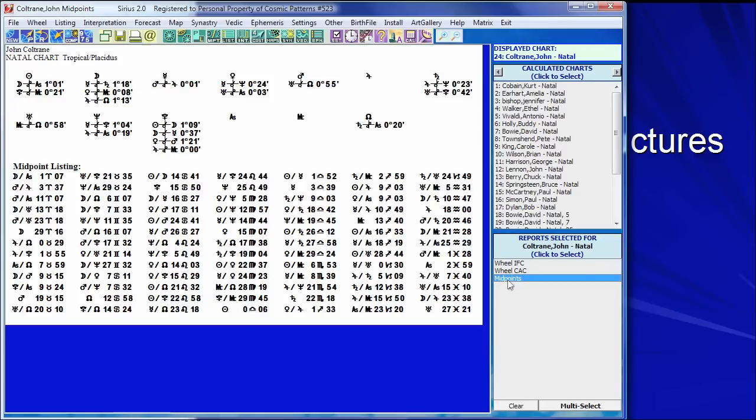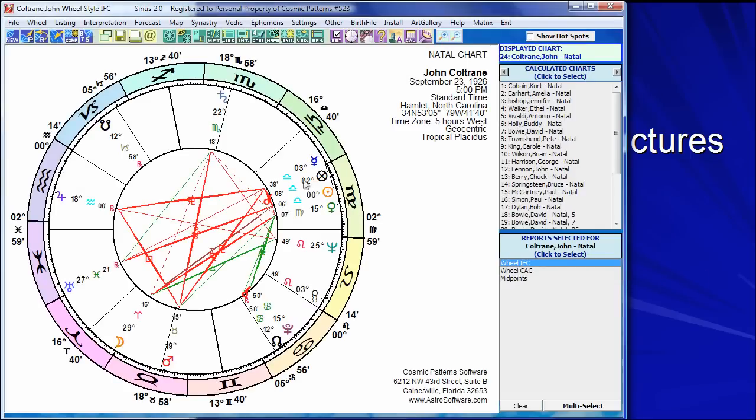I'll click on his midpoints. He also has a midpoint structure, in this case with a 1-minute orb, almost exact. Mercury is opposite the Mars-Jupiter. So let's go back to the chart and look at it. Well, Mercury is sesquiquadrate Jupiter, and it's sesquiquadrate Mars, and Mars is square Jupiter. So Mercury, Mars, Jupiter, making hard aspects with Mercury exactly, just a 1 minute orb, right in between them,